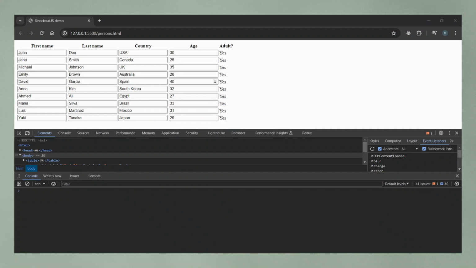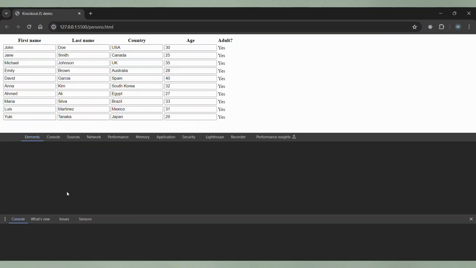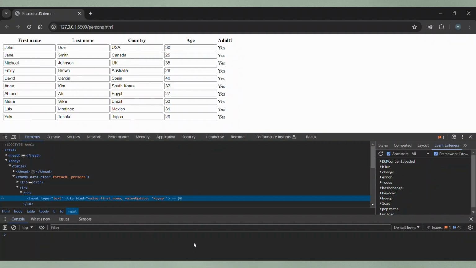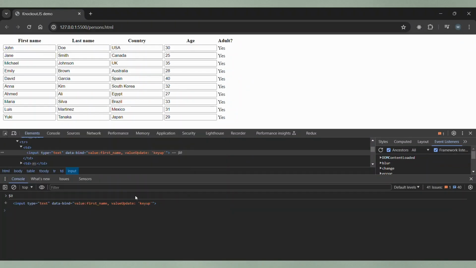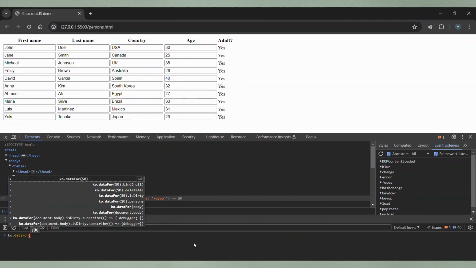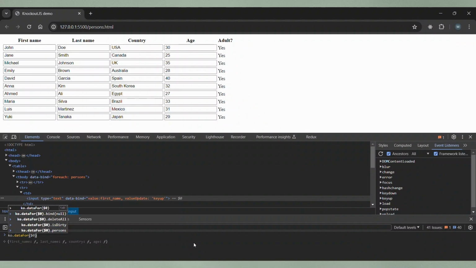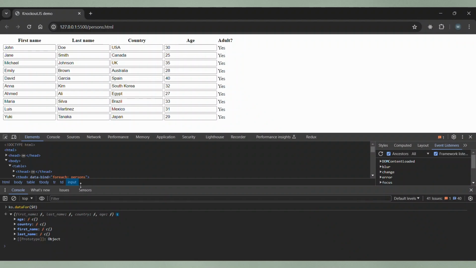browser debugger console. First, you right-click on the element you want to inspect, let's say this row, and then you click on Inspect. Now you are in the Elements tab and the element is selected. Here we already see something that is very important for us, because with $0 you can access the selected element in the console just like this. So when you call a JavaScript function in the debugger console that takes an HTML element as a parameter, you can use $0. And we will do this now for ko.dataFor, which will give us the object to which this